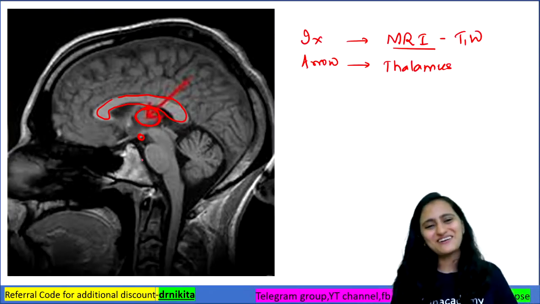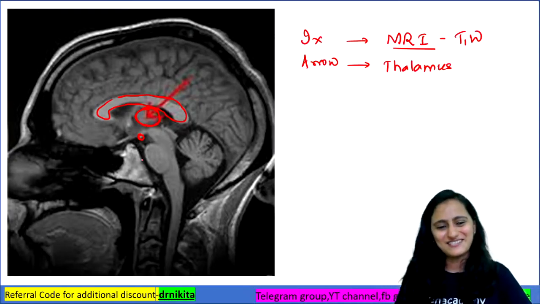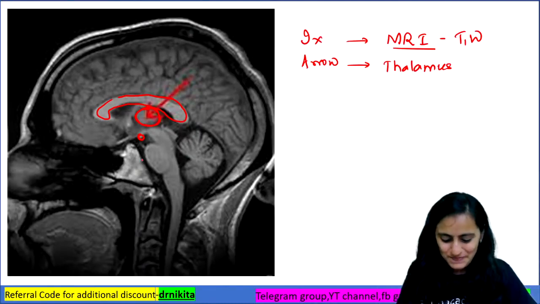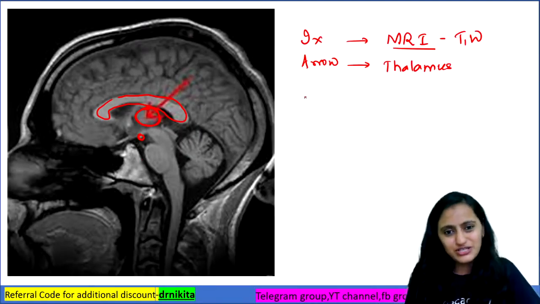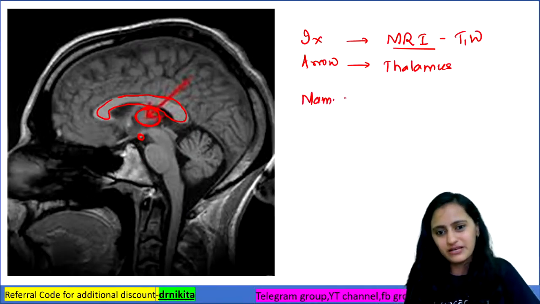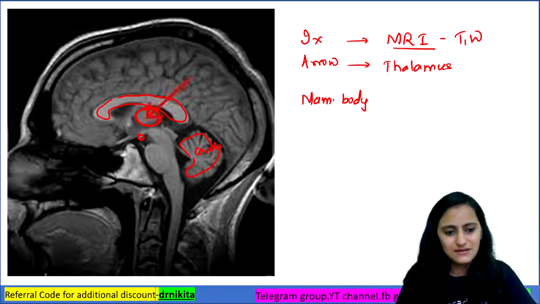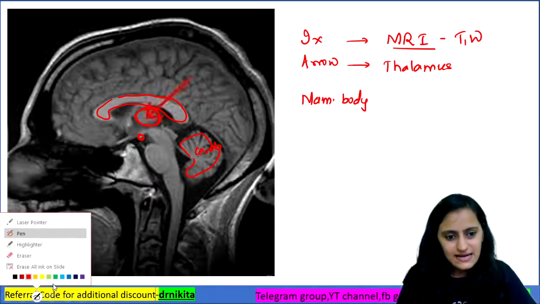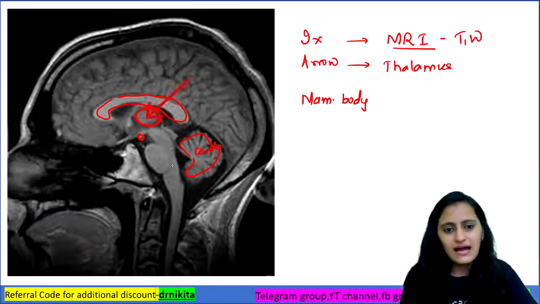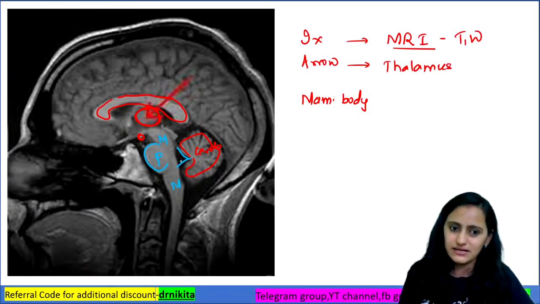Worry not, we were a bit delayed in starting the session, so we have just started. This rounded structure here is your mammillary body. And this is the cerebellum. Just a quick revision of anatomy; it was asked in the recent NEET exam. This is the fourth ventricle, this is the pons, this is the midbrain, and this is the medulla.